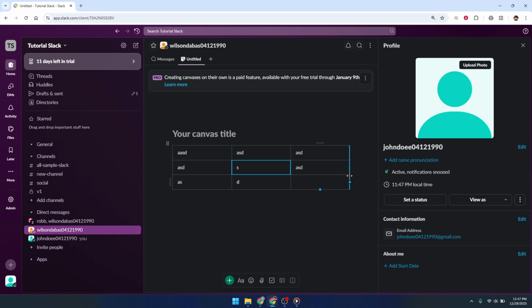From here, you can start filling in your information, whether that's task names, owners, due dates, or any other structured data you need. When you're done, just close the Canvas tab or click back to the channel view. Your canvas, along with the table you created, will remain saved and accessible to everyone who has access